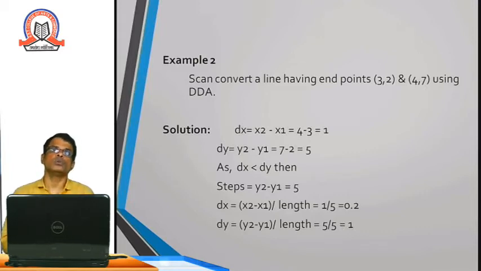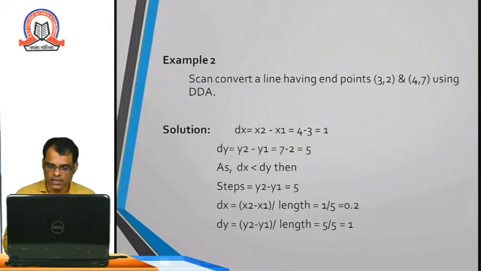So when you are told to use the DDA algorithm, first we have to find the differences between x2 and x1 as well as y2 and y1. Out of these differences, whichever is bigger will be your number of steps. Now to find the incrementing value after each step, you have to divide the difference of x by the number of steps. So here the difference is 1 and the number of steps is 5. So 1 divided by 5, the answer is 0.2. The incrementing value is 0.2, and for dy, y2 minus y1 is 5, divided by 5, so the incrementing value is 1.